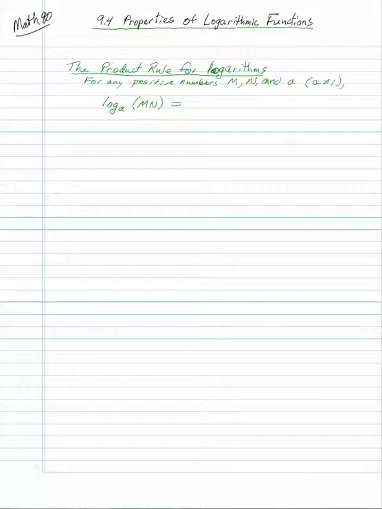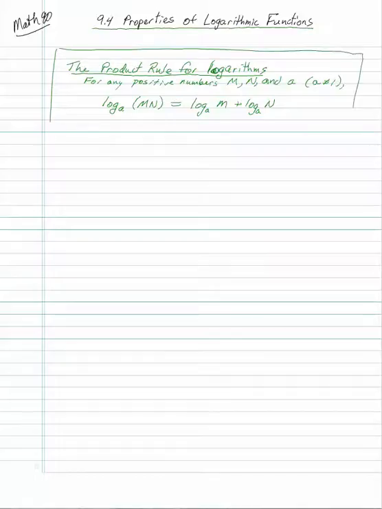So the product rule for logarithms: if you have any positive numbers m and n, and a, which is not equal to 1, the logarithm of m times n, base a, is equal to the log of m, base a, plus the log of n, base a. So if we remember that logarithms are exponents, and if we think of